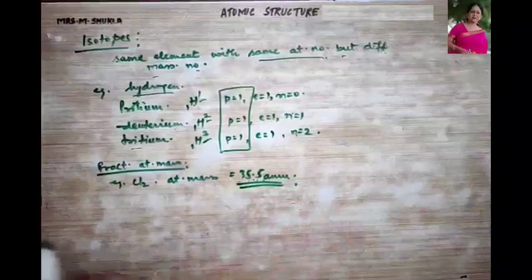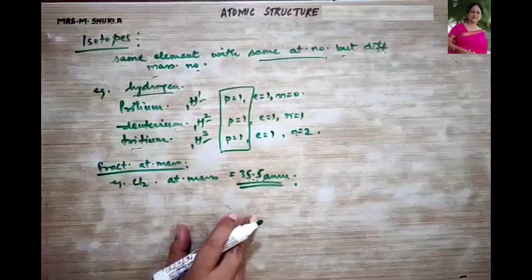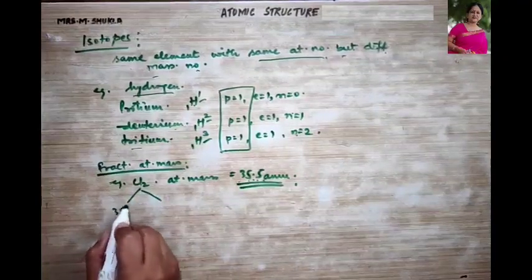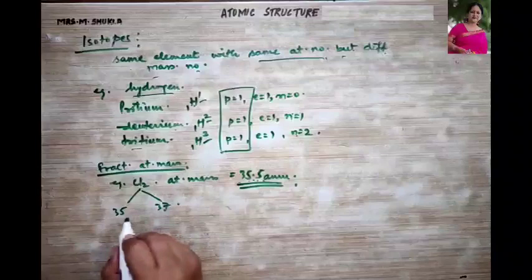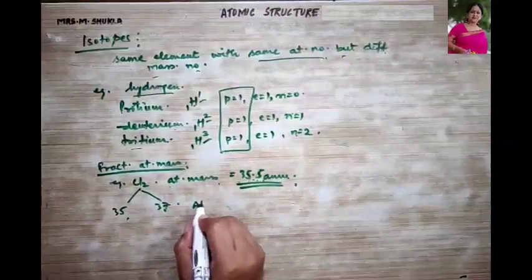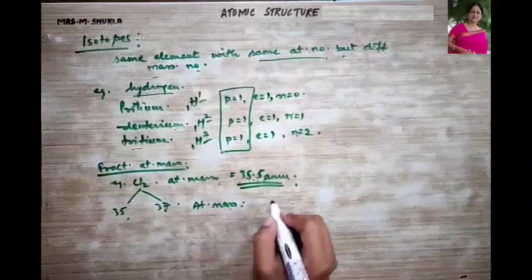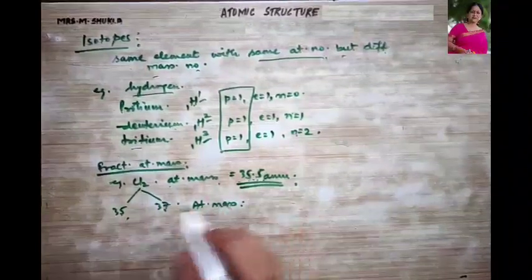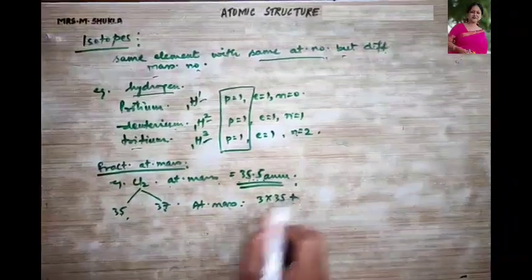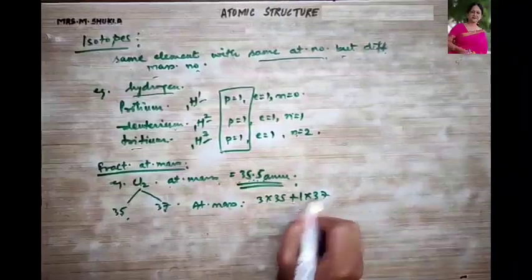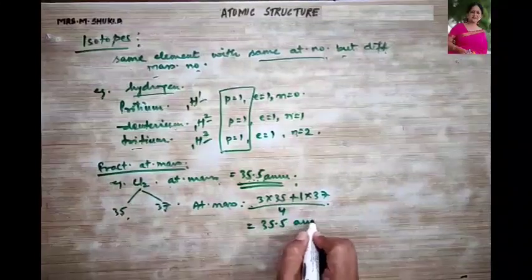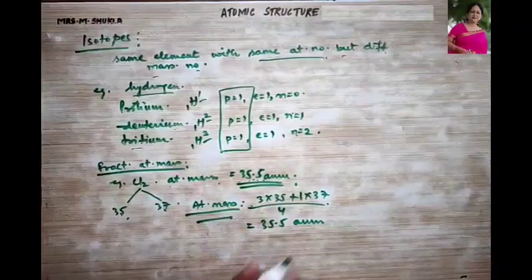Now how do we get this fractional atomic mass? This is because of the two isotopes of chlorine that are found in nature. One is 35 and one is 37. So we take the average of the two and then we get this atomic mass. Now how do we find out the atomic mass of the two? It is like this. We find 3 parts of 35 isotope is present in nature and 1 part of 37 is present in nature. Upon the average, 3 plus 1, 4. This gives us 35.5 AMU. That is the atomic mass of chlorine.